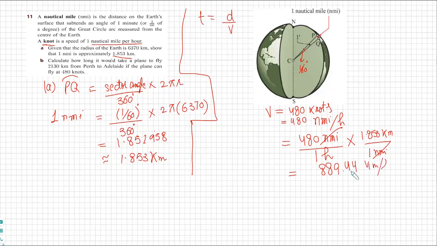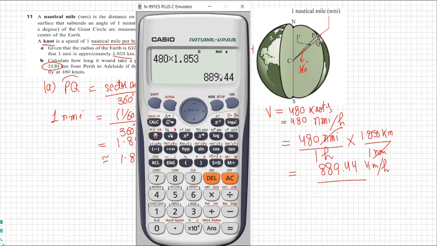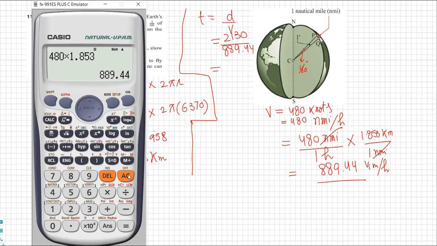Now we can use this speed in this formula. The distance is 2130 divided by this speed, 889.44. The answer must be in hours, right? So 2130 divided by that value, so we get